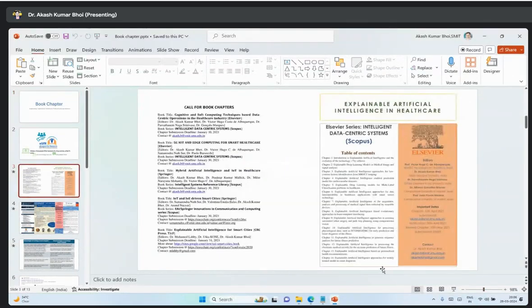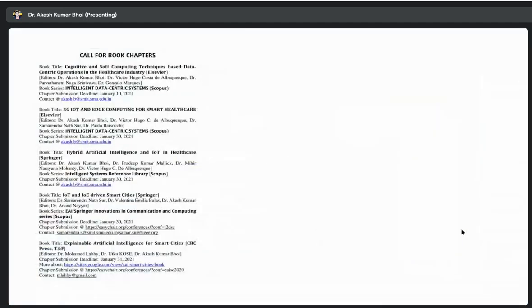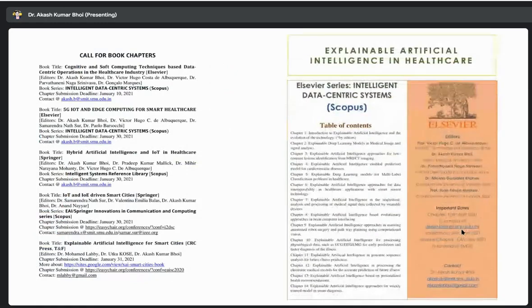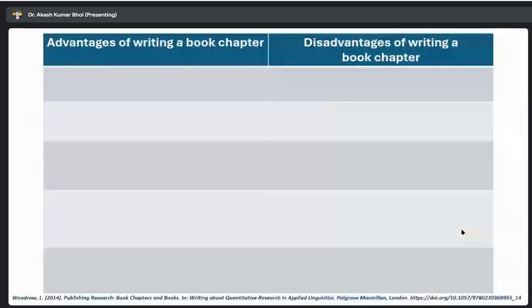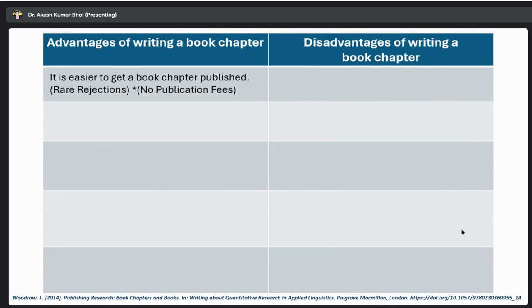So let me start with this book chapter. Because I wanted to show you this, you might be receiving many calls to submit to a book or so, because these are our calls, already over. The advantage: in many cases, I've seen people who, out of let's say 10 publications, have 7 or 8 as book chapters, because that is easy, no publication fee, rare rejection. But the disadvantage is that,